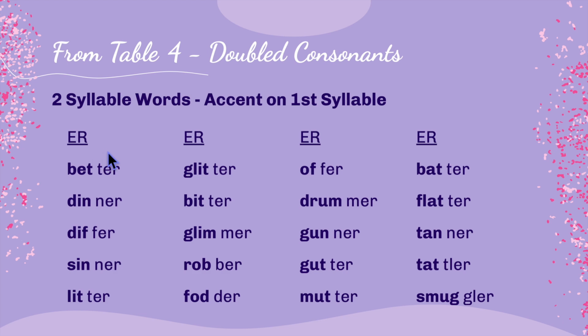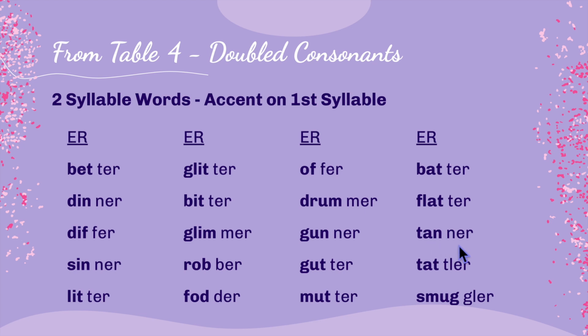Here are more words ending in ER: better, dinner, differ, sinner, litter, glitter. Note in these words, I'm doing it with the standard American pronunciation, which I do automatically, where the T sounds more like a D. Bitter, glimmer, robber, fodder, offer, drummer, gunner, gutter, mutter. Note that these syllables with a vowel in the middle or at the beginning of the syllable have the short sound. Batter,